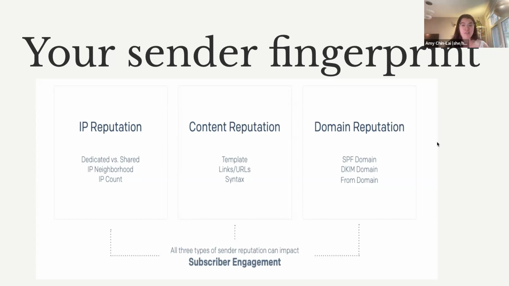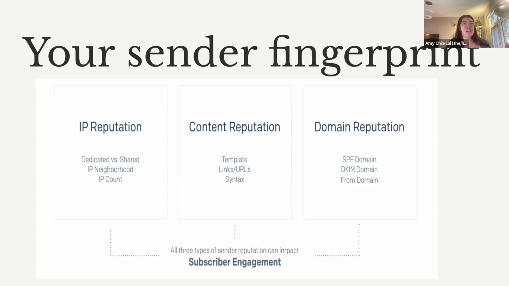Our third bucket is domain reputation. So this is generally a little more technical. You set it up, you let it go. You might not have to think about it again unless your candidate changes mid-cycle. Then you will have to think about it. And this is based on the reply-to in your email address. You need to make sure you meet the technical requirements of DMARC, DKIM, SPF. If you don't know what those are, put it in the chat, I hope.